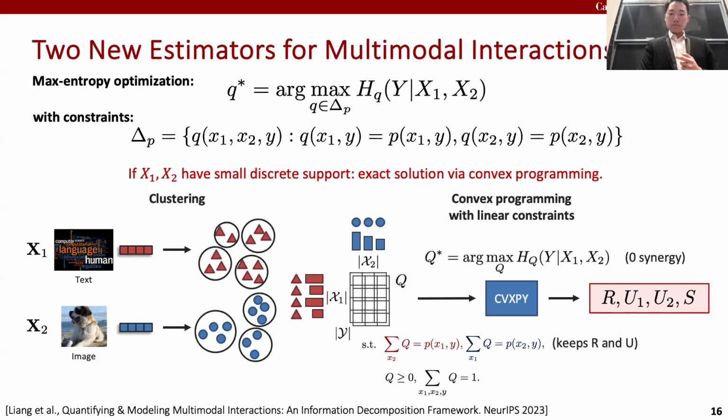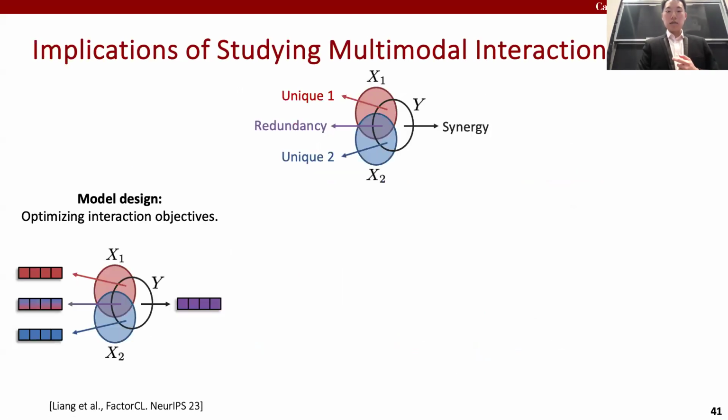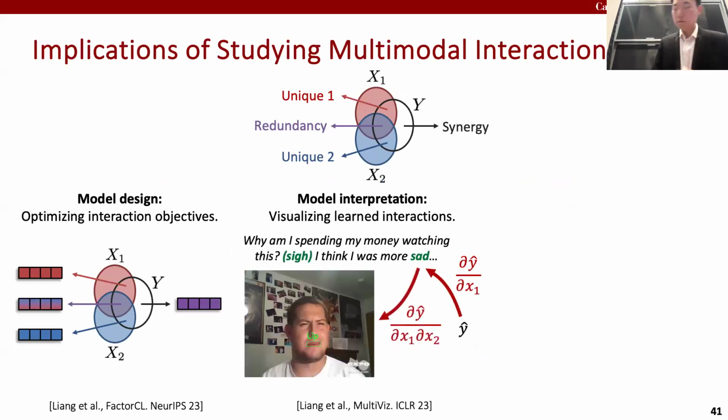One other example I want to highlight is that some of this has inspired subsequent work in building ways to visualize what your models have learned. The key idea is that if you have a model that takes in language and images and makes a prediction, for example of emotion, people have used first-order methods to understand which words of language are most influential in making a prediction.